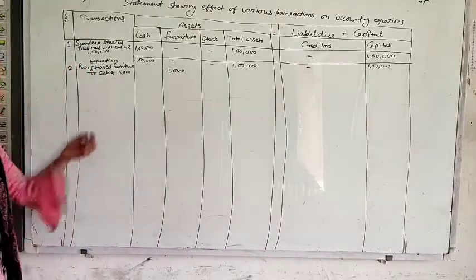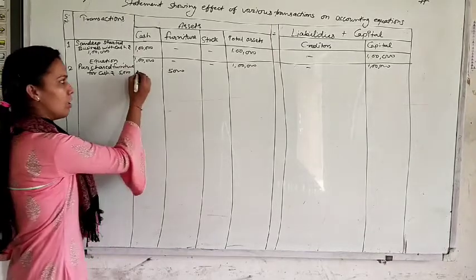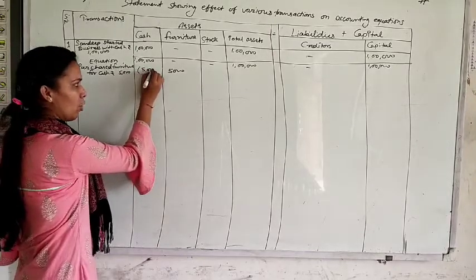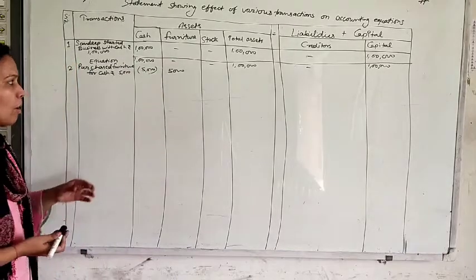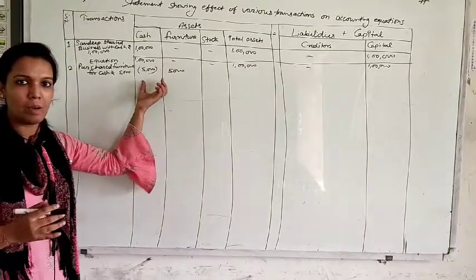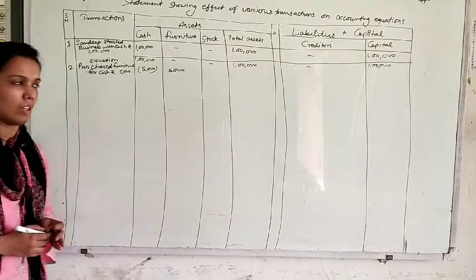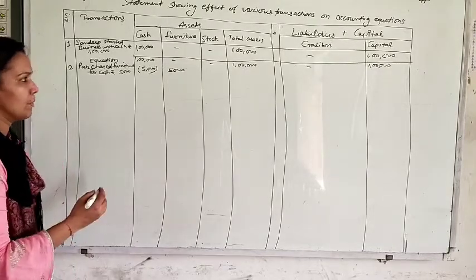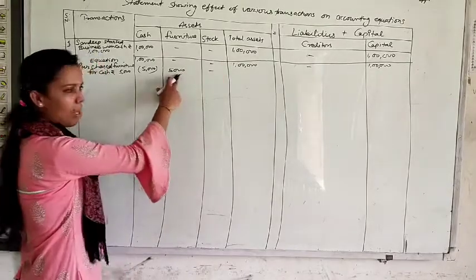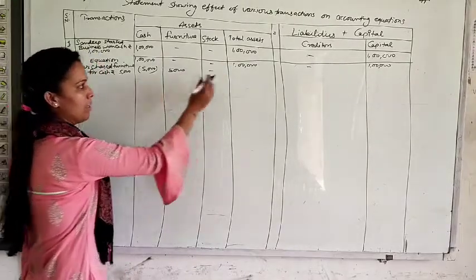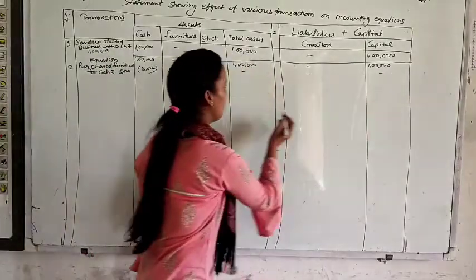On the other hand, you have purchased furniture for cash. It means cash decreased. So whatever is decreased, we will show in bracket. It is the rule of the accounting equation that if any amount is deducted, that will be shown in minus, that will be shown in bracket. Okay. Let's move on. No amount for stock. 5,000 in plus, 5,000 in minus. It means total assets nil. No effect on creditors and capital.